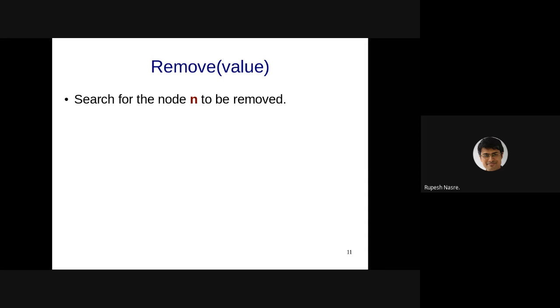The one important difference in this case is that you are not given a pointer to the node. I mean, that can also be taken care of, but essentially you want to search for the node n with the value. So what you are removing is a value rather than a pointer to the node. A pointer to the node is going to be embedded inside removing a node containing a value. So let's identify that node n to be removed.